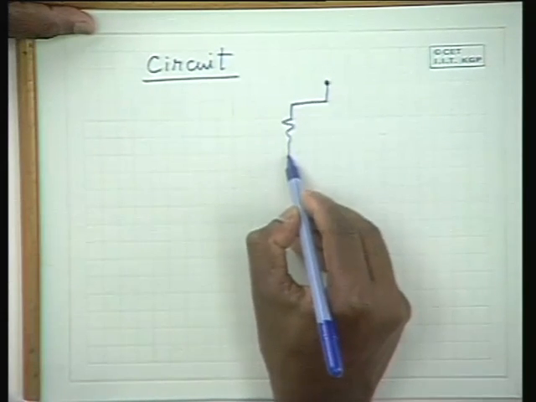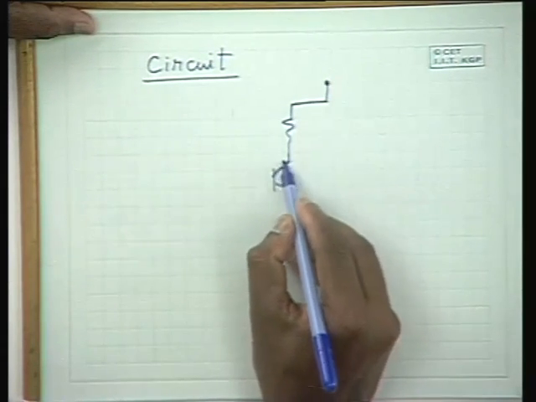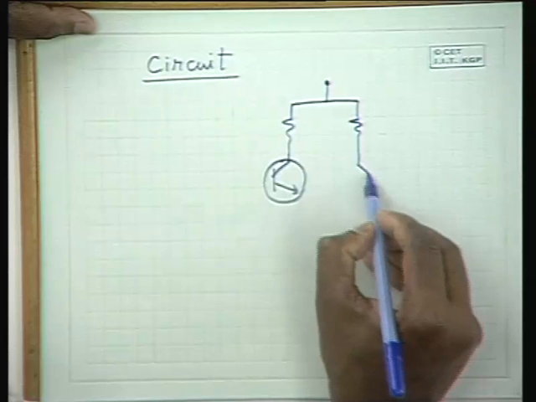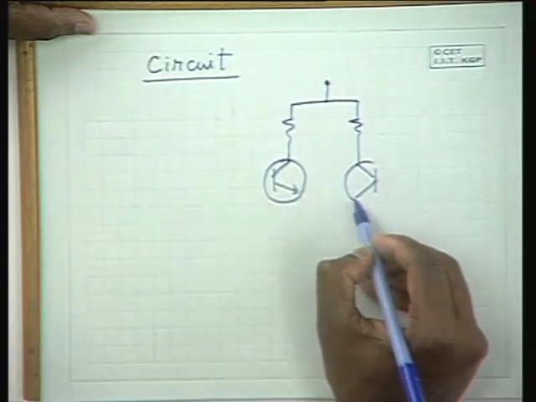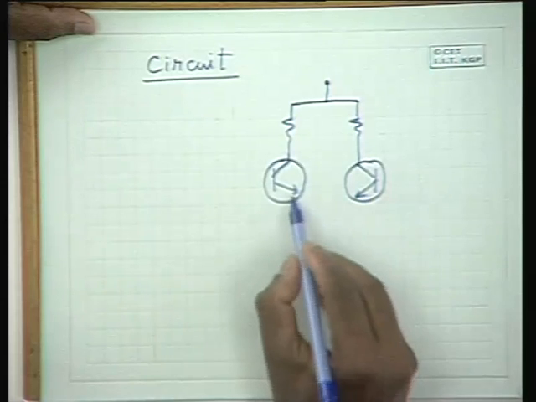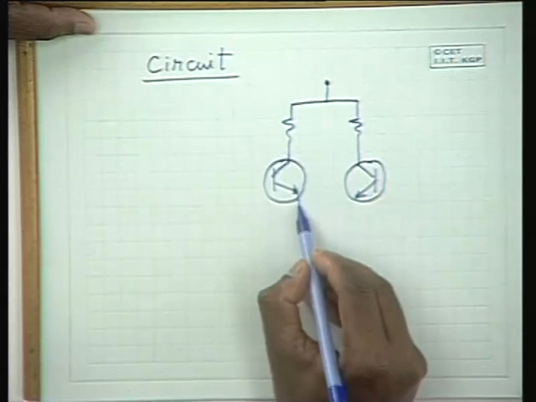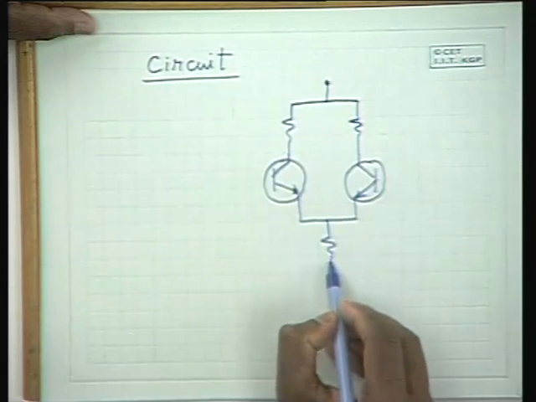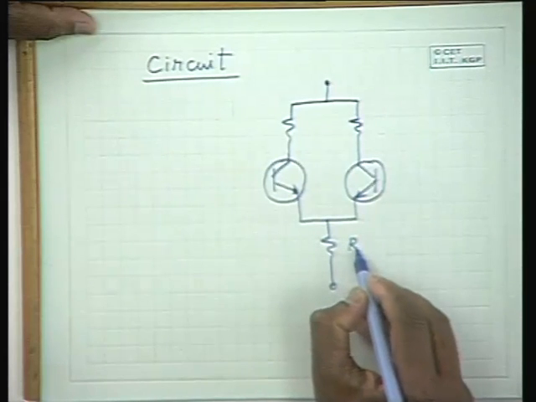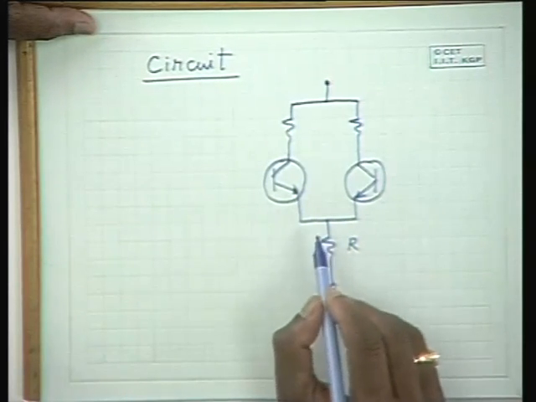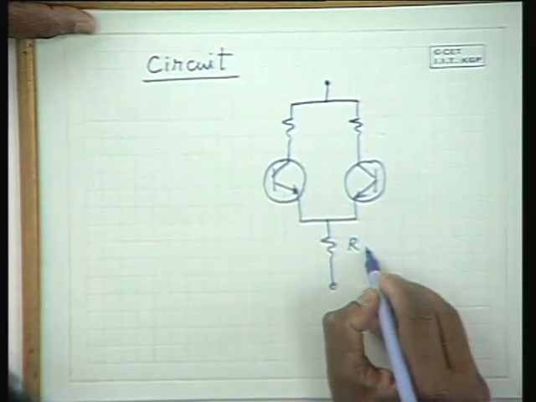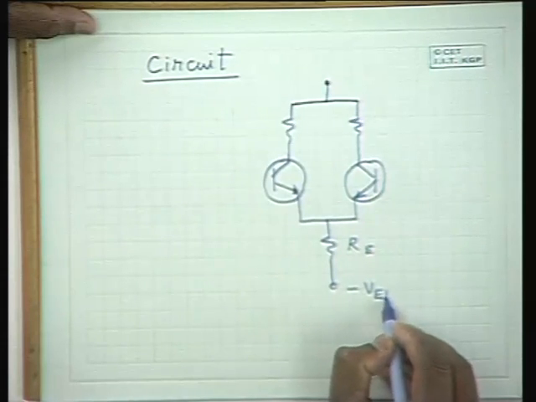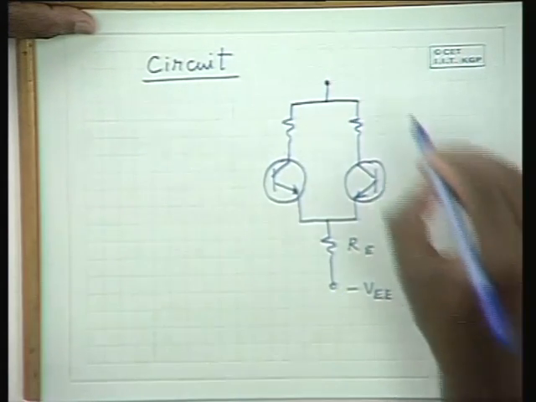So use a pair of transistors with the same characteristics, preferably, and connect the emitters together and have a common emitter resistance and apply a negative potential to this point, whereas